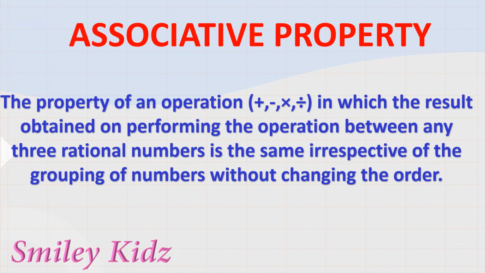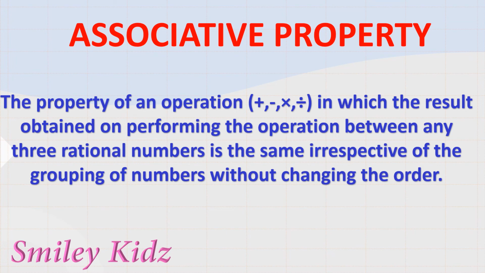What is associative property? The property of an operation, that is addition, subtraction, multiplication or division, in which the result obtained on performing the operation between any three rational numbers is the same irrespective of grouping of numbers without changing the order. I repeat, the property of an operation, that is addition, subtraction, multiplication or division, in which the results